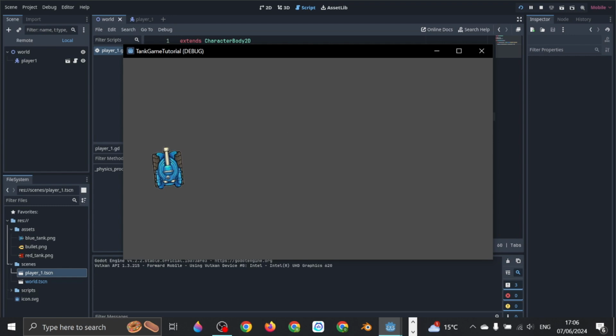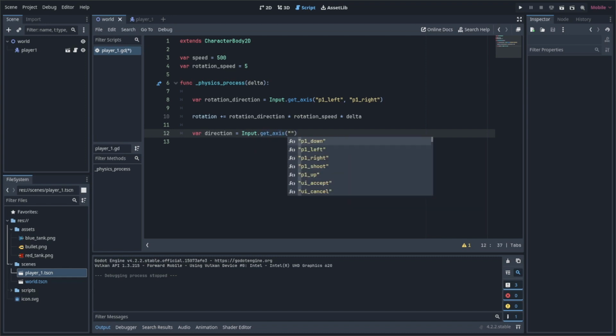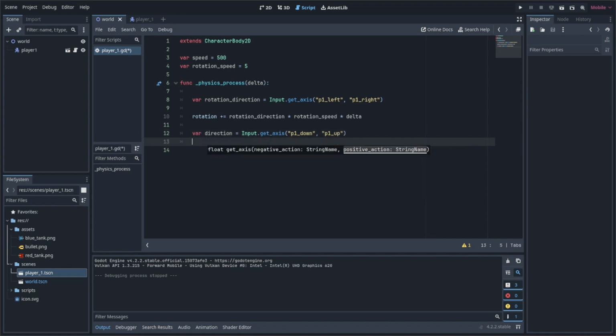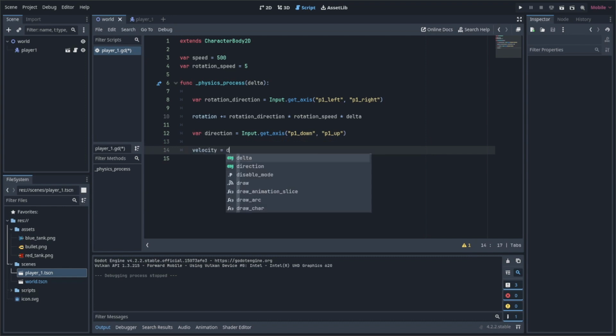Okay, so that's great. Now let's also handle forward and backwards movement. So I'm going to close this, and then I'm going to say var direction, and this direction is going to be talking about whether we're going forward or backwards. So this one is going to be, again, Input.get_axis, and this one is going to take player 1 down and player 1 up as the negative and positive actions. Okay, so then the velocity of the player is simply going to be direction times, we're also going to get the speed,